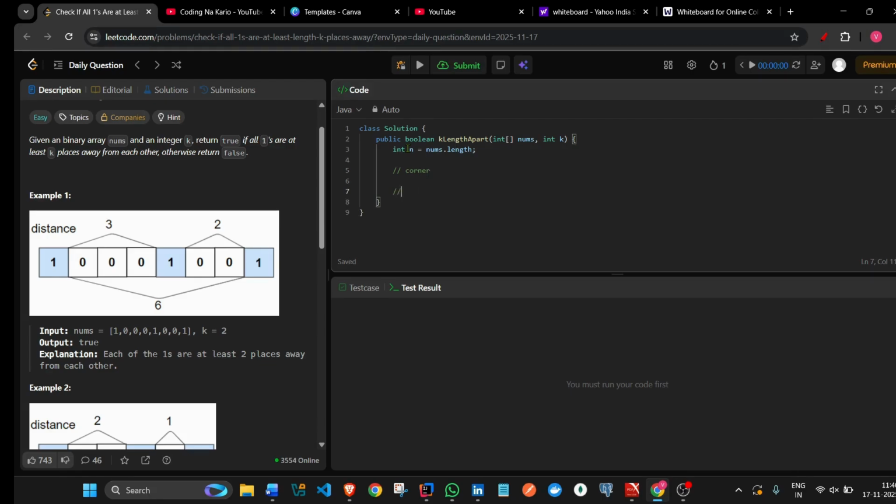So we take two pointers, and the j pointer is pointing where i is pointing. Initially they're pointing to the same index, and we move j. Check what we are doing. We just move our j and check if the jth element is equal to 1. Then what we are doing, we find the distance. It means we get